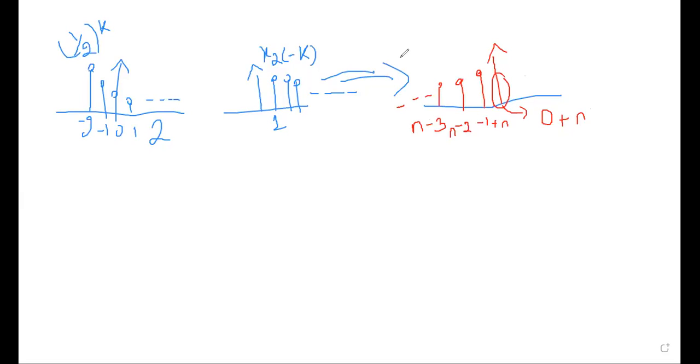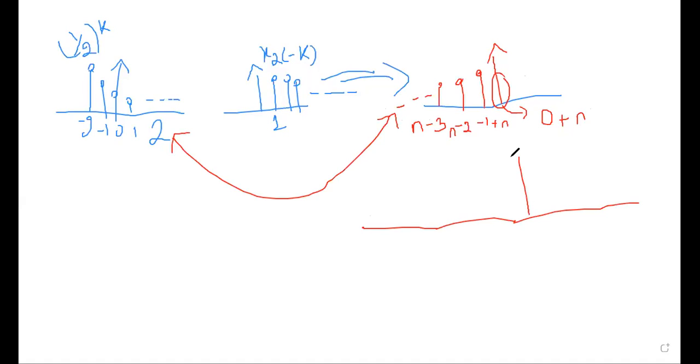Now I can directly perform the analysis between these two signals. Normally I tell you to keep the diagrams in a single plane so that you will understand. My first signal is here with -2, -1, 0, 1, 2 like that. And my second signal I will represent using a different color. My second signal is -1 plus n. So -1 plus n means it will not start at -1. It will be somewhat far away from -1, so I will represent it like this.